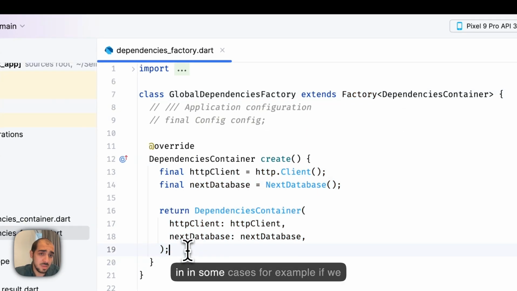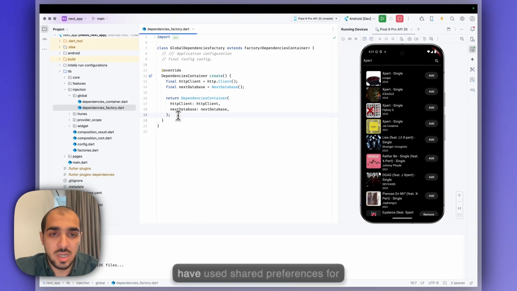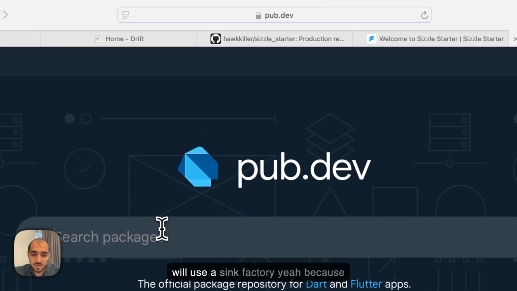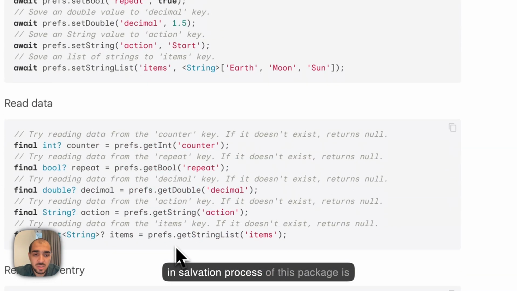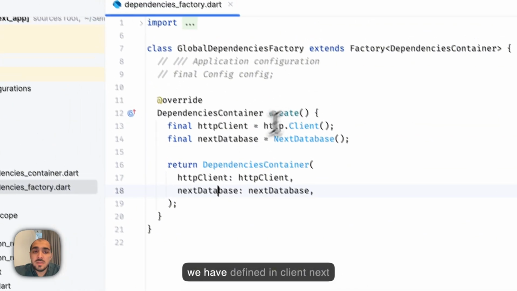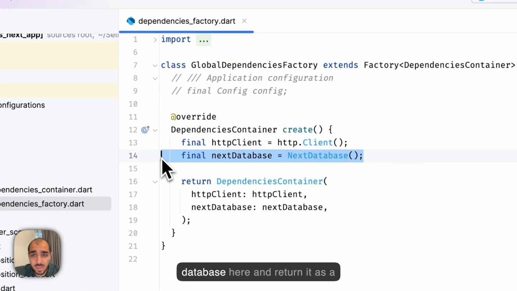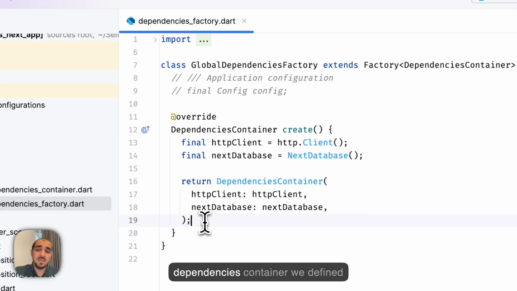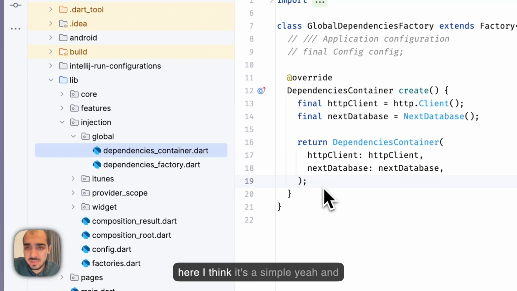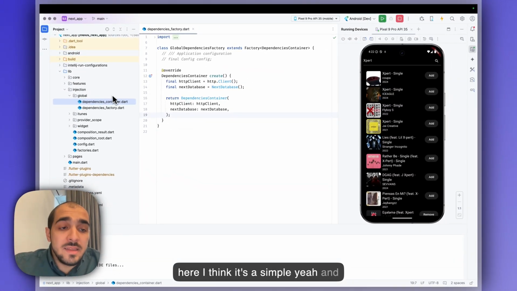But in some cases, for example, if we used shared preferences, for shared preferences we will use async factory, because the initialization process of this package is a future implementation. Yeah, and we have defined the client and next database here and returned it as a dependencies container. I think it's simple, yeah. And next one